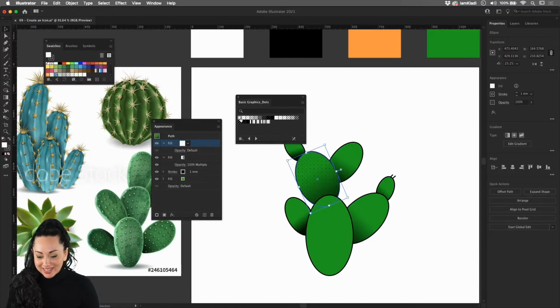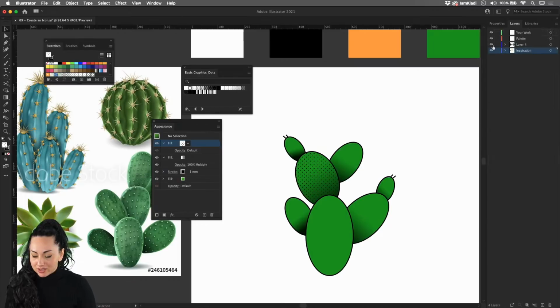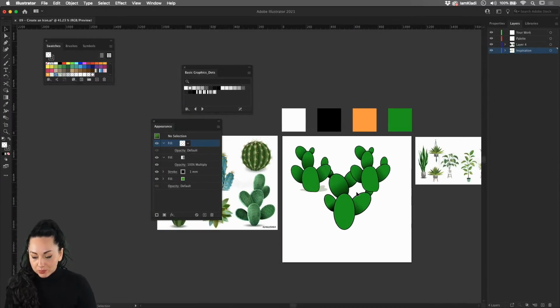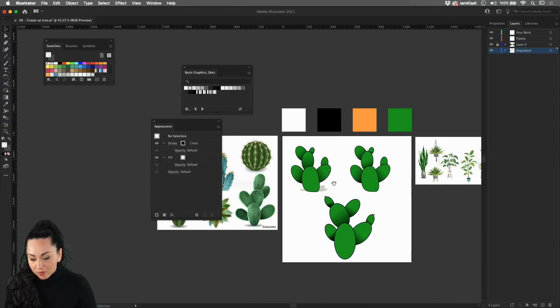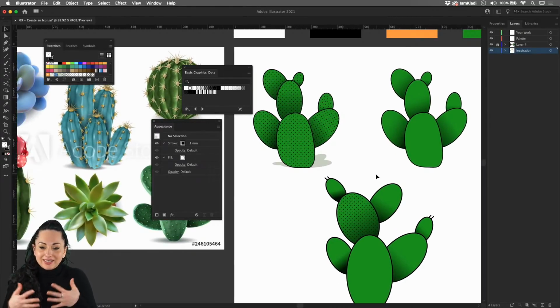And simply by clicking on it, as you can see, we can add all the little dots inside our shape. Now, I really wanted to show you this look, and as you can see in my previous creation, I've created one with and without. I believe that perhaps without the dots is the look that I will go for when creating an icon, simply because, again, I really believe that the icon needs to be as minimalistic as possible.